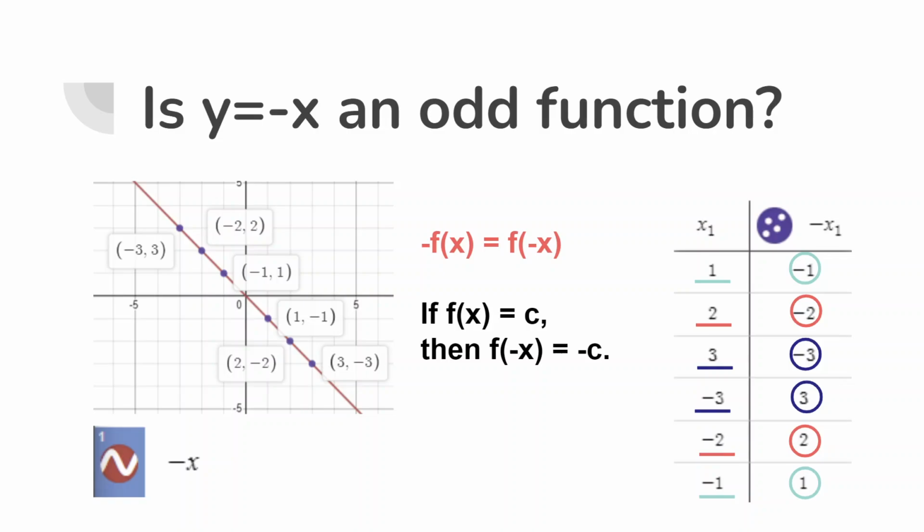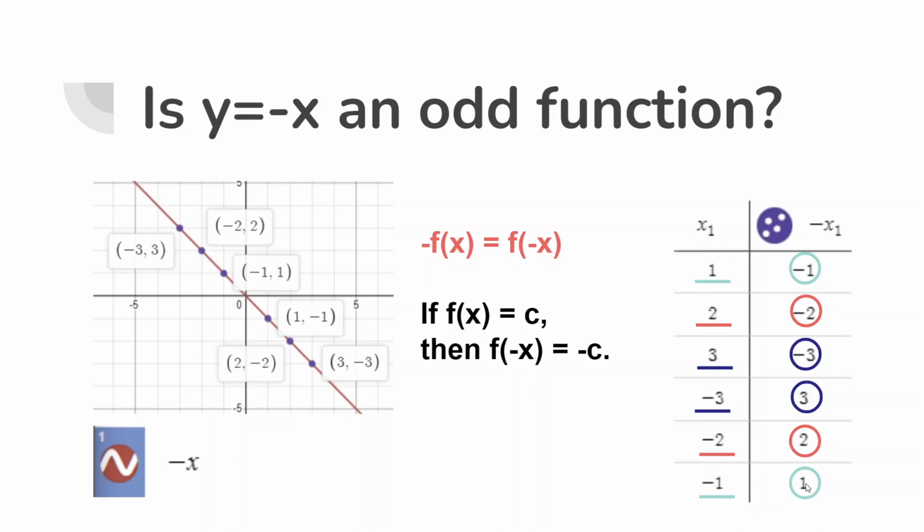The graph shows the x and y coordinates of y equals negative x, and you can see that for each corresponding value, such as 1 and negative 1 or 2 and negative 2, they have certain values that if we multiply by negative 1, then they become the same. For example, we got negative 1 when x equals 1, and we got positive 1 when x equals negative 1,